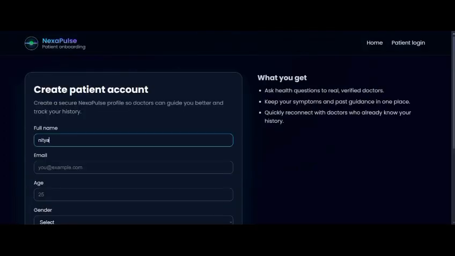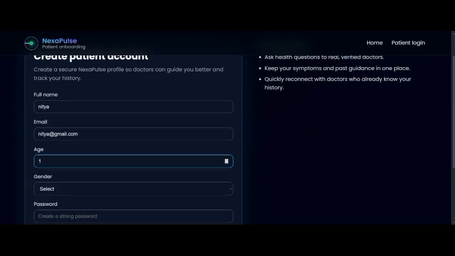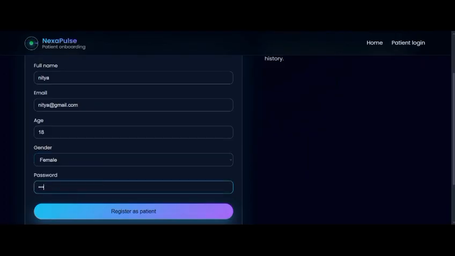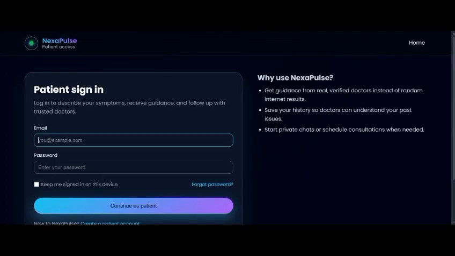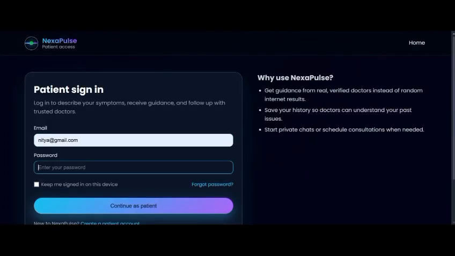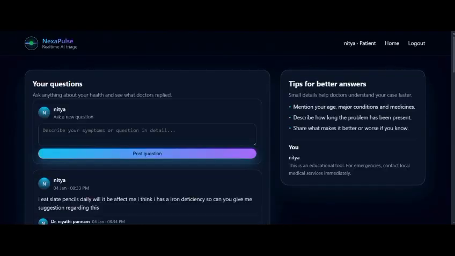Here the patient can log in using a basic email and password. First, the user must register by filling in their basic information and then completing the registration. After signing into the patient sign-in column, all you have to do is enter any doubt you have regarding